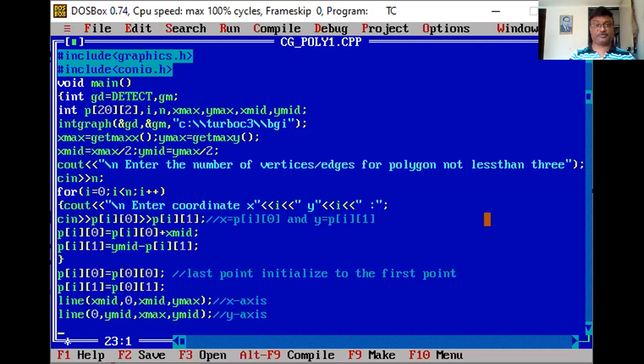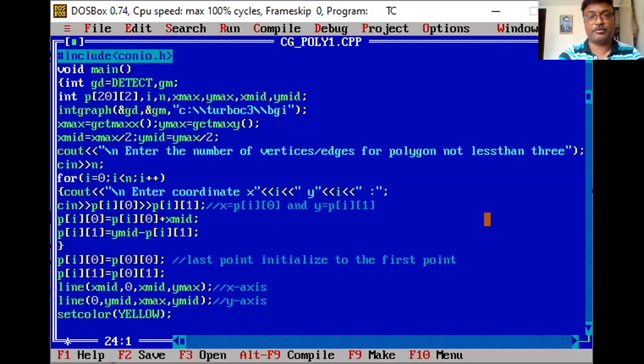Now I need this polygon in a different color than your axis. Suppose I need it in yellow. So here use the inbuilt function setcolor. Set color is what? Here you have to pass the color name in capital letters, so in capitals you pass the name YELLOW.